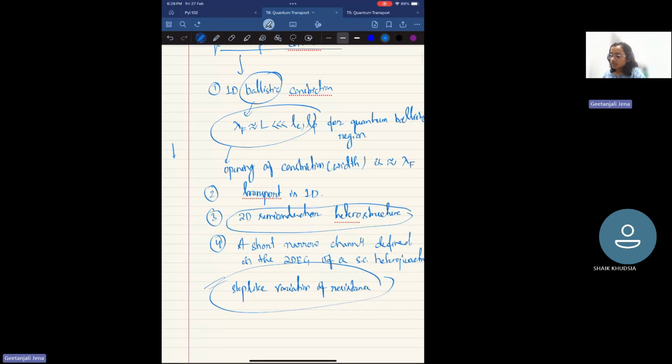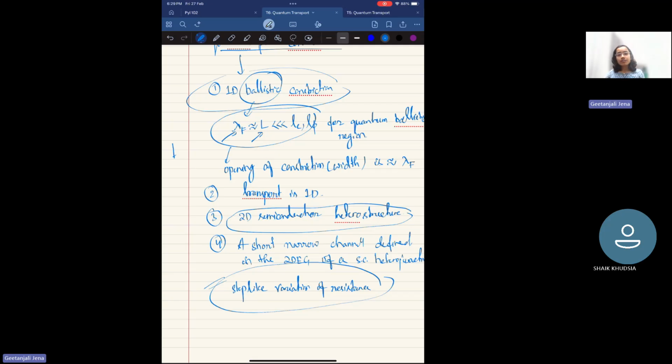So these are quantum point contacts, these are 1D ballistic constrictions. By ballistic, we mean that the Fermi wavelength of the charge carrier should be on the order of the device length, and the mean free path of elastic collision or the phase coherence length should be much larger than the device length or the Fermi wavelength, so that scattering can be minimized in the device, and we'll see the quantized effect in conductance as well as in resistance.